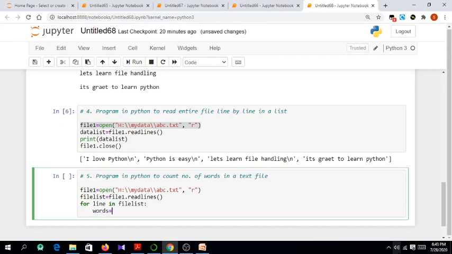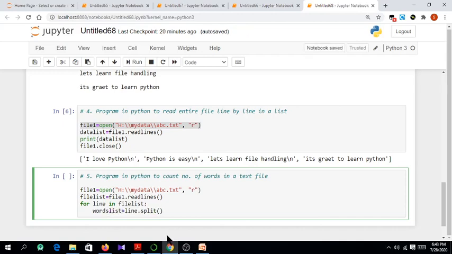Every time this loop runs, we will split each line with line.split. No argument means it will automatically split on the basis of space. So each line is going to be split, and now it is stored in the word list.